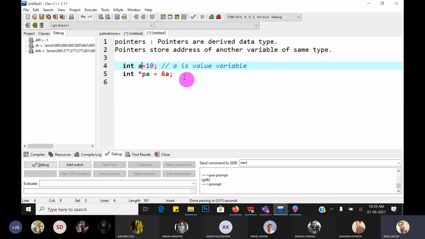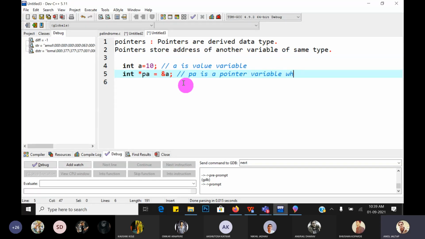So it is called a value variable. And the pointer PA, the name of the variable is PA. PA is a pointer variable, which stores the address of a. Whose address?